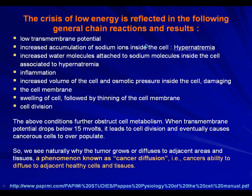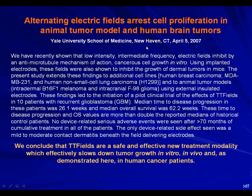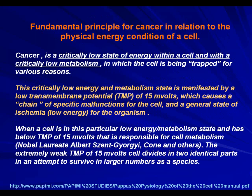And you need to know that Yale University talked about the fact that these fields are safe and effective. It's a new treatment, and it slows down tumor growth in vivo as well as in vitro, as shown in human cancer patients. So that doesn't mean that one treatment is going to make everybody jump out of the chair and say, oh, my cancer is gone. But it makes more sense, and it will be more predictably beneficial than the 99% of